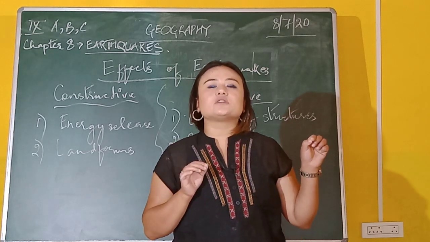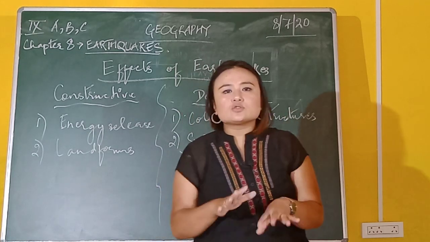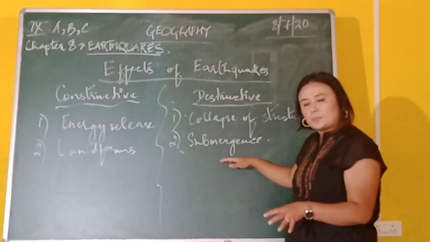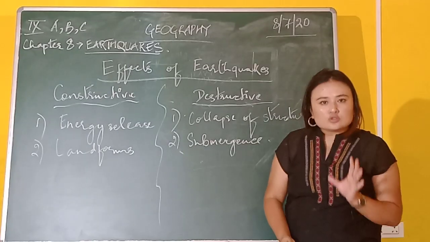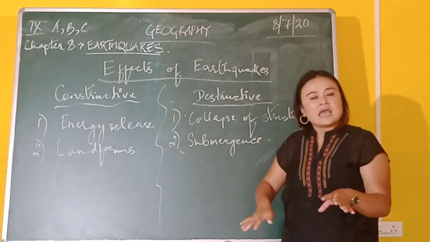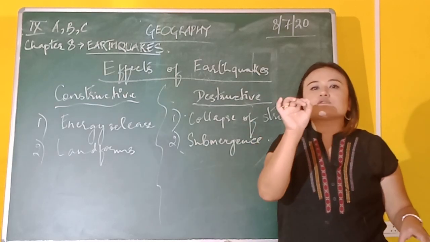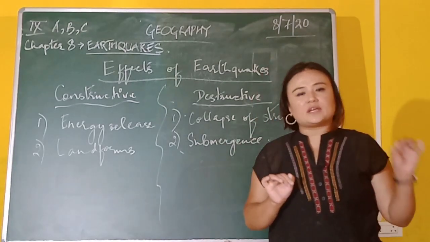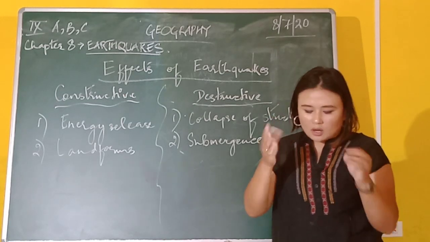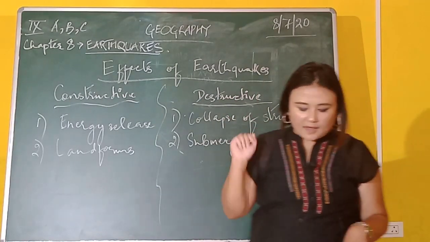Dwarka was present in the past. It is located in the coastal region of the state of Gujarat, just below the Gulf of Kutch. Dwarka is no longer present here. It is submerged underwater because the process of submergence took place. Upliftment is also taking place at the same time as the submergence, where gradual sinking is also taking place. And as a result of the submergence, that part of Gujarat on the western coast of India, Dwarka, is now submerged under the sea. That is the Arabian Sea. That is also one primary example of the destructive effect of an earthquake.